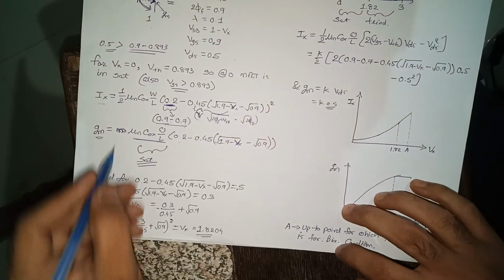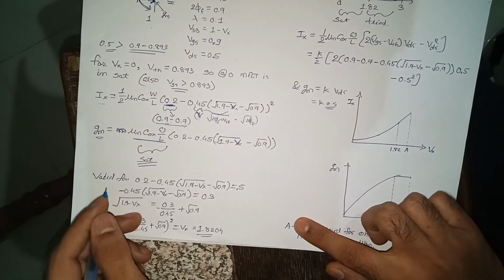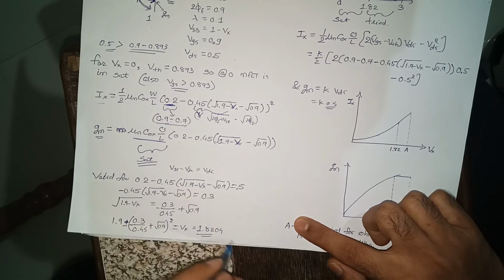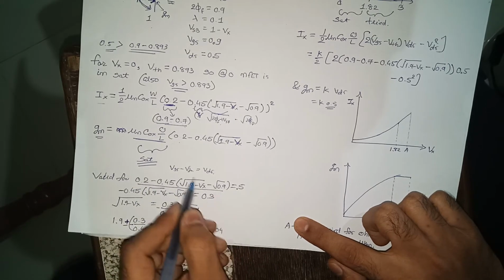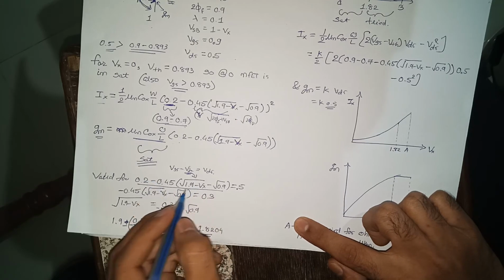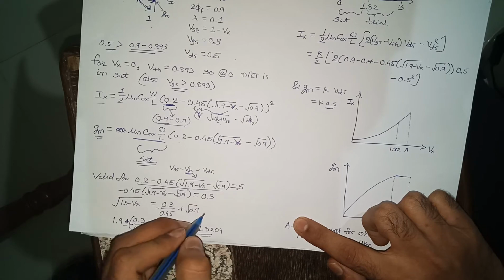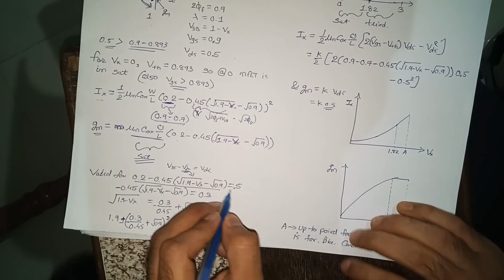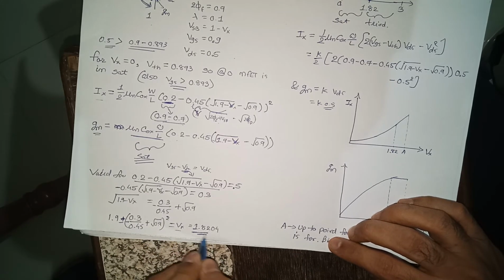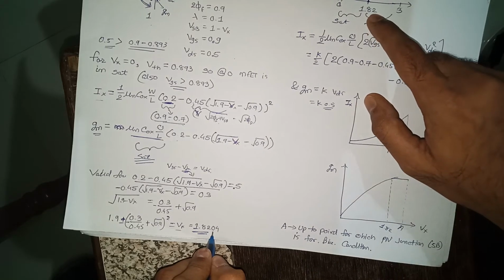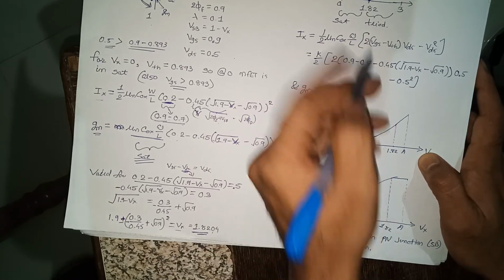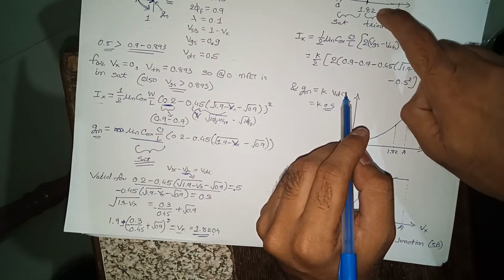Now these equations are valid for one condition, that is VGS minus VTH is equal to VDS. So this is the equation for VGS minus VTH. VTH I wrote with the help of the body effect VTH equation, and VDS is 0.5. If you calculate Vx, you will find 1.8204. So up to 1.82 it will be in saturation. Now for the other condition it will go into the triode region.